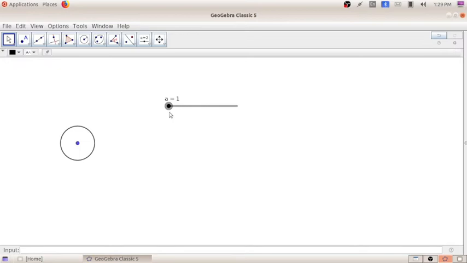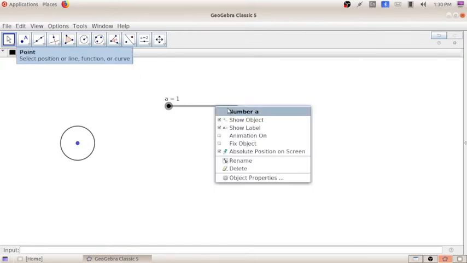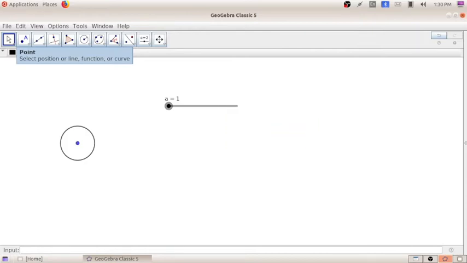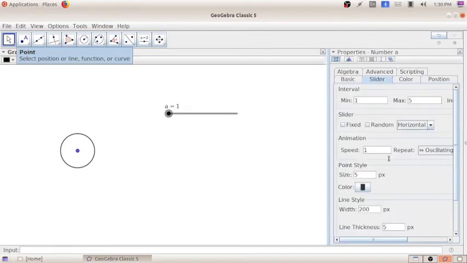For that, right click here. There is an option object properties. Here you will get minimum 1, maximum 5.